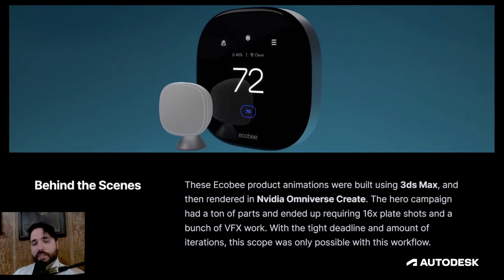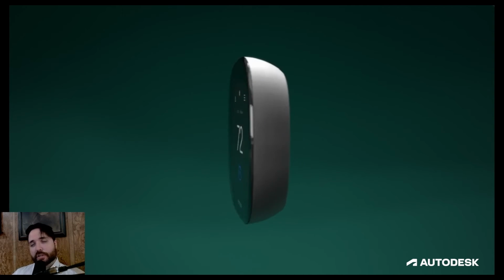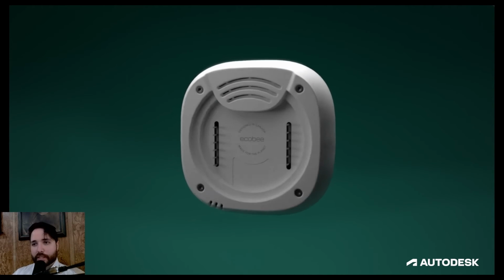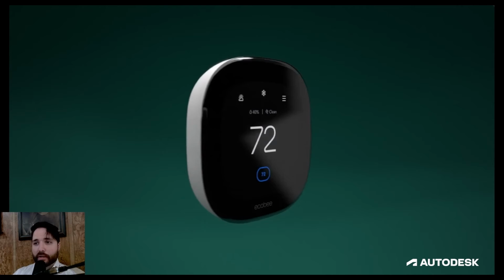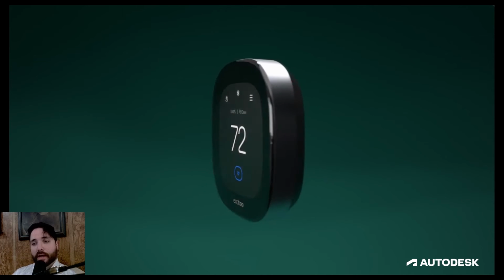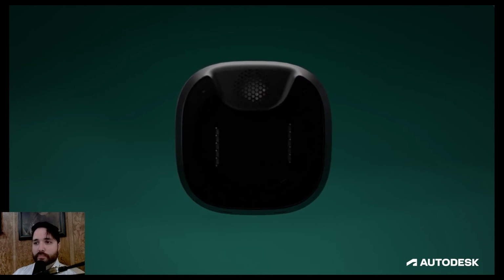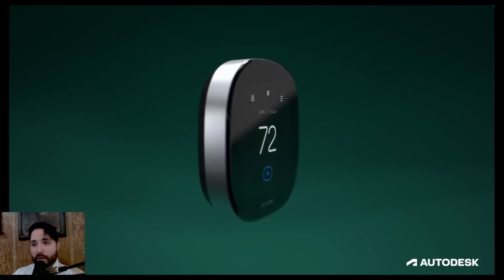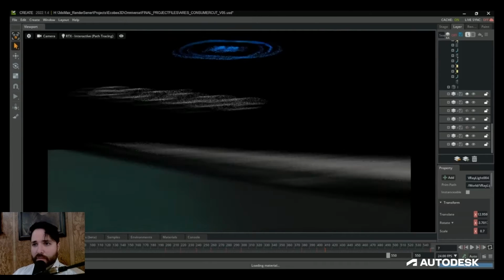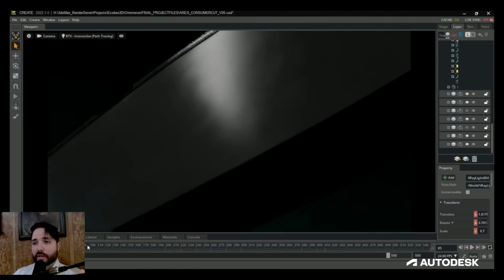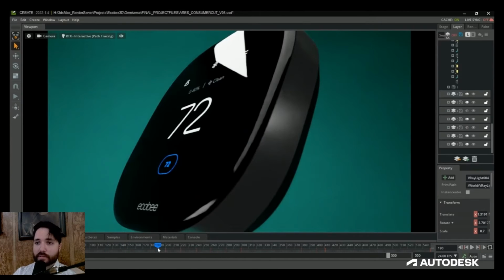In total, for just the 3D portion in Omniverse Create, I ended up needing to render at least 16 4K plates for the final outputs, and this was in a very short period of time. At the start of the project, I had to model and create digital twins of the hero products for the campaign fairly quickly. And when I was creating the initial look dev during pre-production, this was especially important. The fact I was able to send updates on materials and lighting without having to worry about long render times on each revision helped immensely.